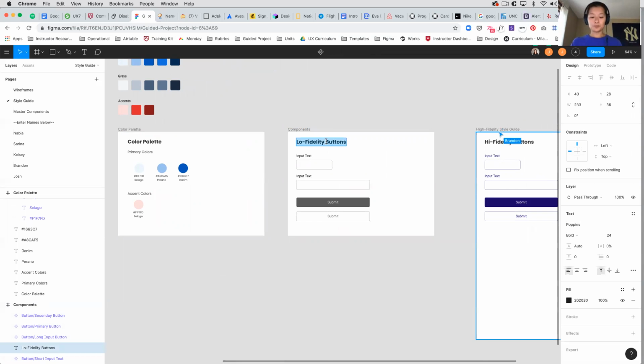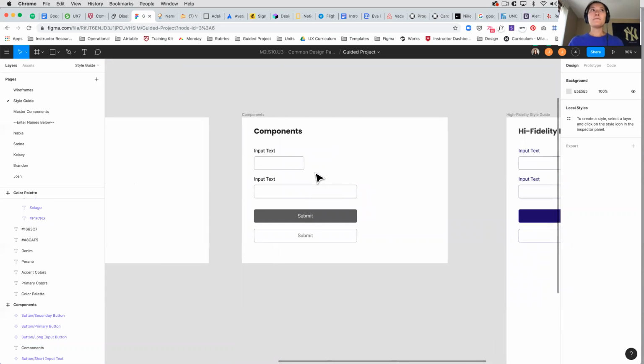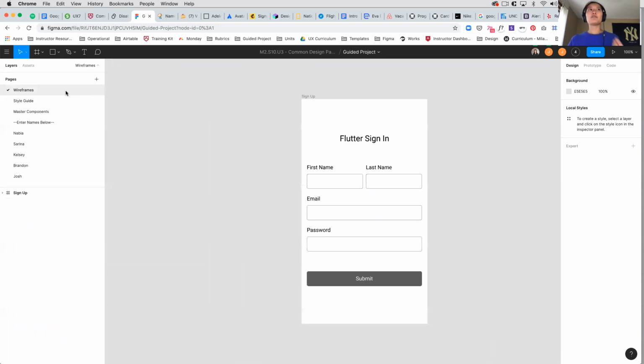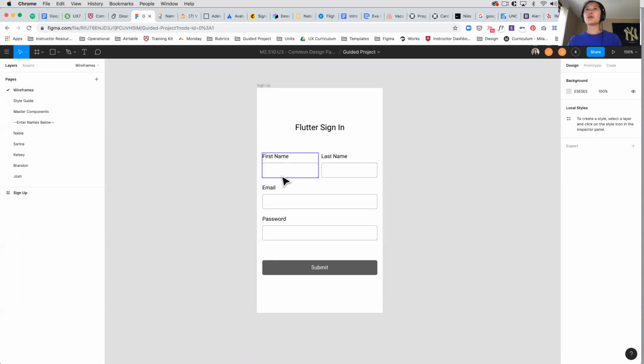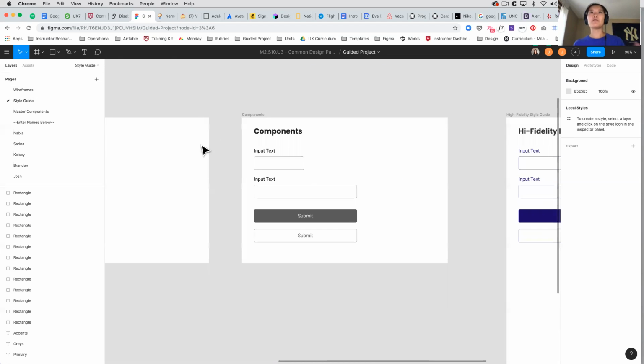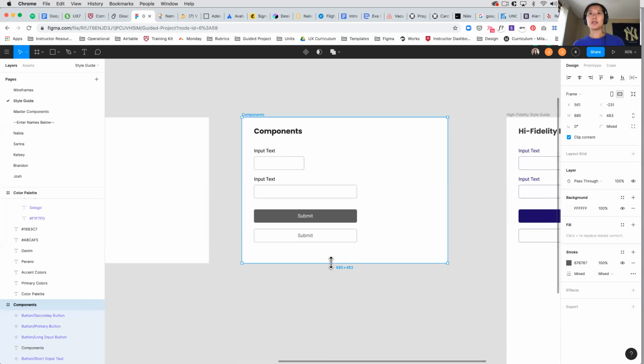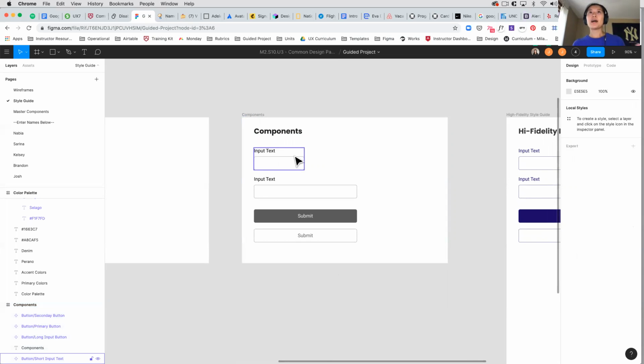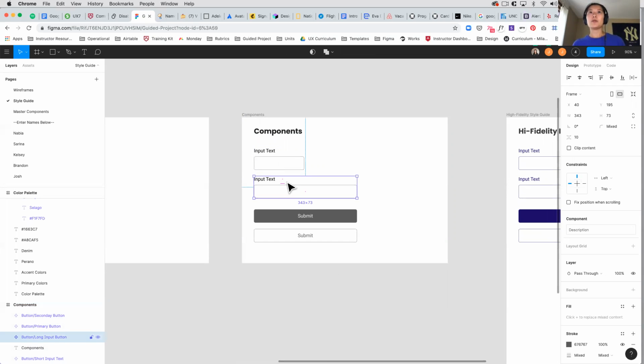So in this case, we should have a section dedicated to components. At this point, we would start taking inventory of all of our screens and gathering all of these different components that exist. So if I refer back to these wireframes, I would make sure that I have an inventory of these short input fields, as well as these long ones, and as well as these buttons. Some of you may have secondary buttons, some of you might have text links. So go back into your files, collect everything so that you have an inventory of them and add them as part of your components. So here we have an example where I've added in the short input text field, the long input text field,